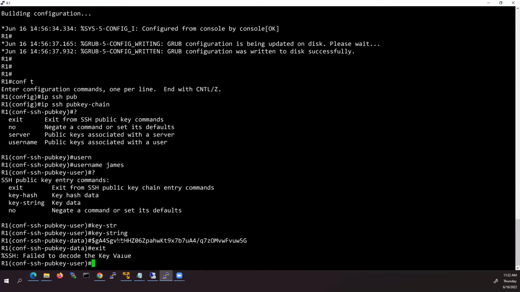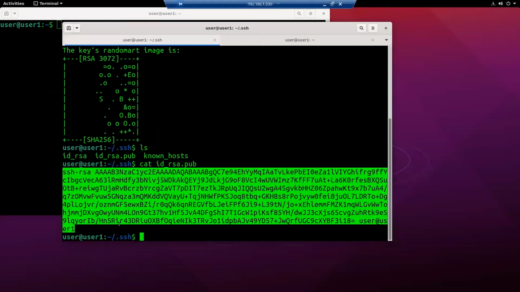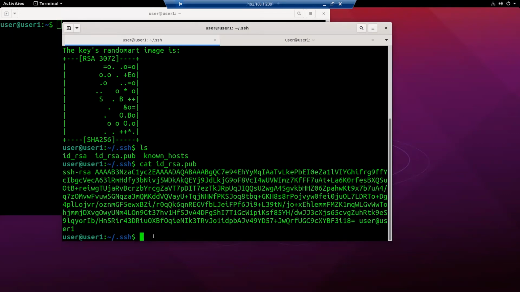For that, I'll go back to my Linux PC. Because the content is already in a single line, we have to reduce this. To do that, we have to use the fold command. Fold -b -w to wrap the characters below 254. I'll use something like 75 or 76, and then give the file location,